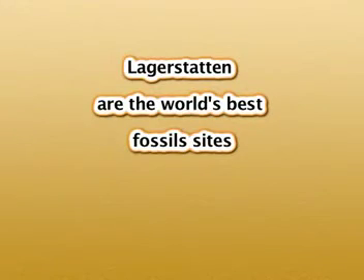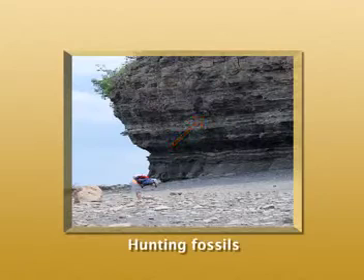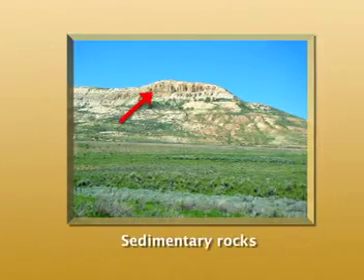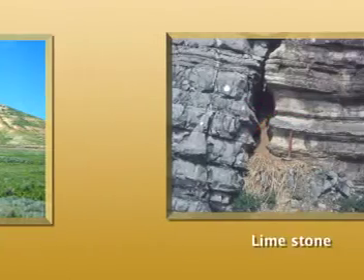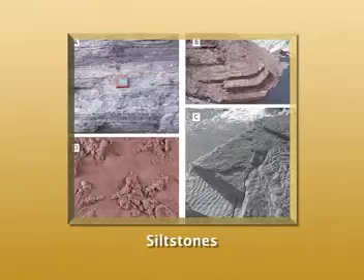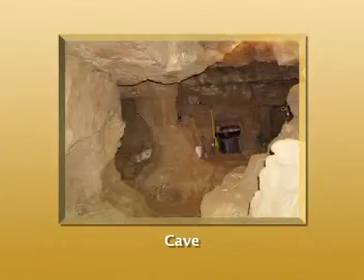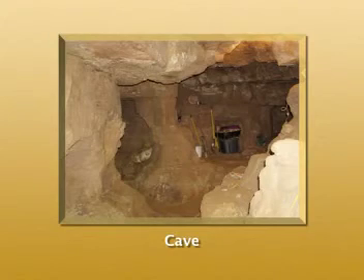Now, where to hunt for the fossils? Lagerstätten are the world's best fossil sites. Fossils are found in rocks. Fossils are found in sedimentary rocks, mainly limestone, siltstone, and mudstone that were deposited in former lakes, rivers, estuaries, seas,